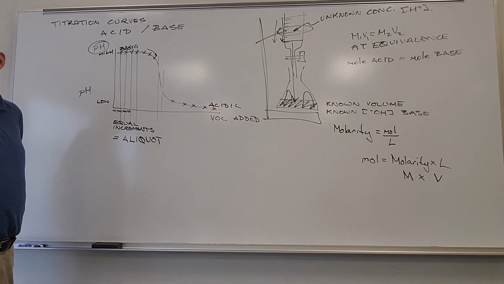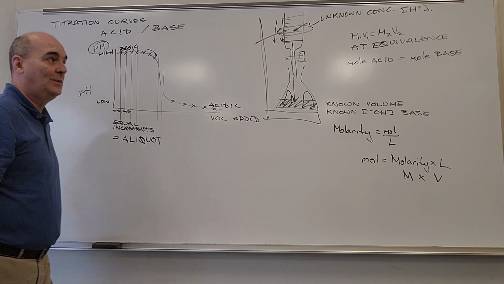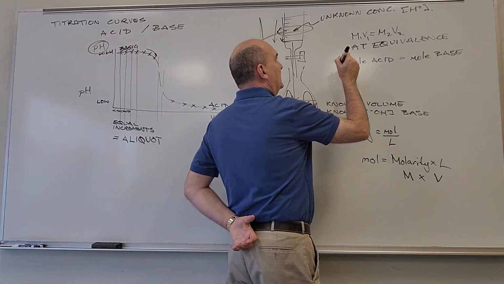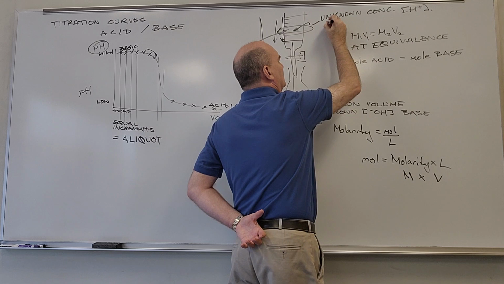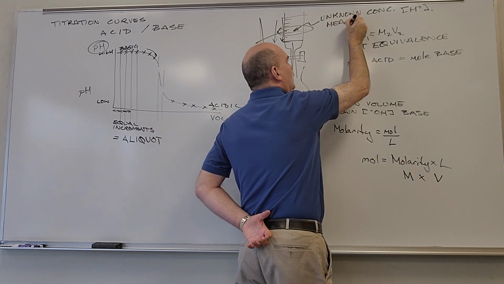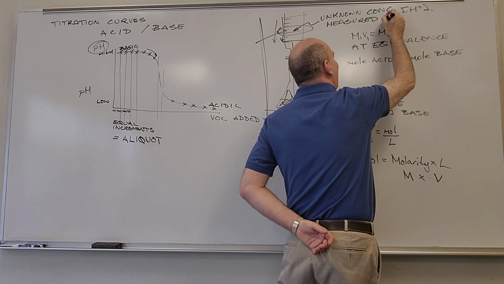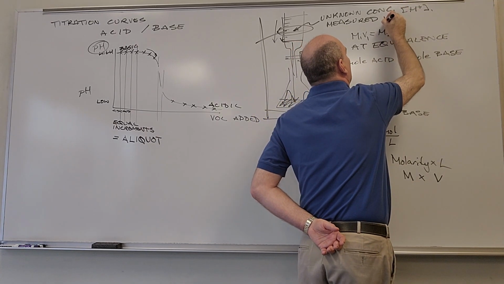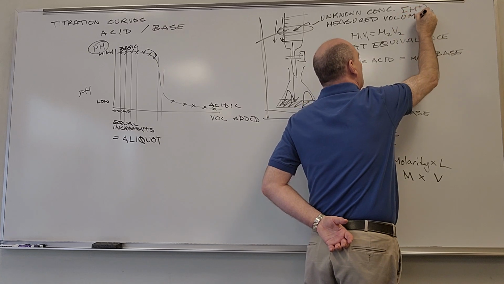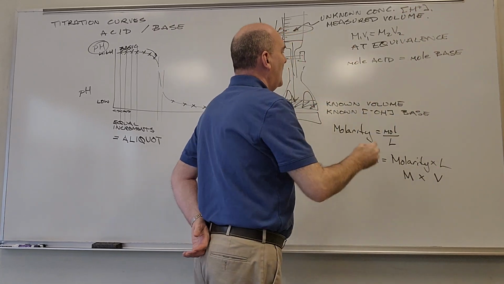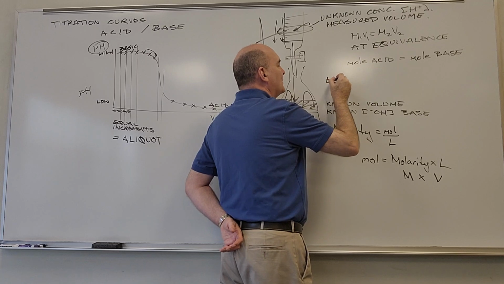Like, they change colors based on the pH. Yeah. pH paper is an example of an indicator. Now what happens with the indicators, and this is what we'll do in lab, is, so what we'll do for the equivalence is we'll take an unknown concentration and measure a volume until M1V1 equals M2V2. And what we're going to measure